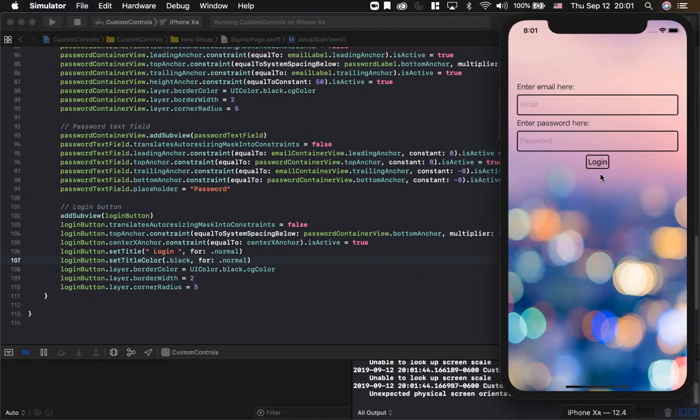But considering that not a lot of us knew how to do these deep programmatic elements, this looks like pretty sharp for a sign up page. I think it looks pretty sharp. I think we did a good job. So